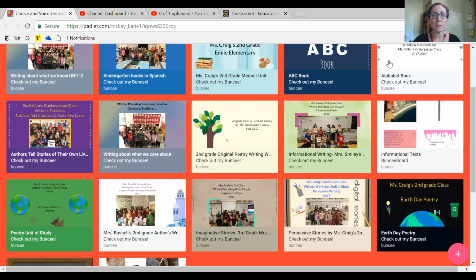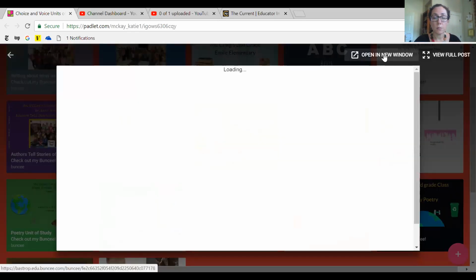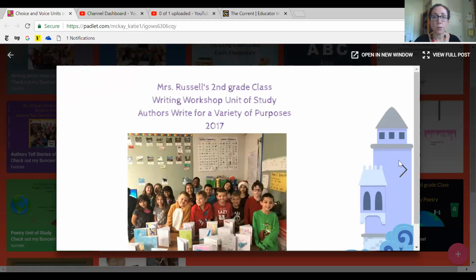Hi, we're going to take a minute now to look at Miss Kim Russell's second grade class and her units. And again, look at that lens of how she decided to share her work and what she decided to have students work on. If you come down to here, you see the little castle there. This is Miss Kim Russell's fall unit, where the students were writing for a variety of purposes, and she decided